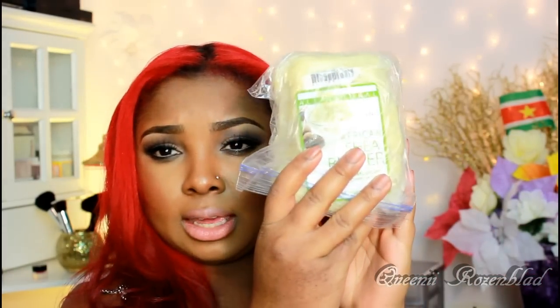I also ordered shea butter from Coastal Scents when they had their Christmas sale. It came like this. I believe this is a 1 pound chunk. Okay, and I made a kind of body butter for myself, which included coconut oil, some of this, extra virgin olive oil. And when it's cold, it kind of turns into this right here, because the coconut oil turns into the same type of texture. So I use it as a body butter for my body and for my face whenever I don't have this in sight, or if I need extra moisture